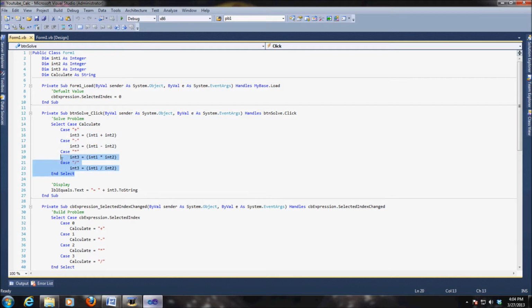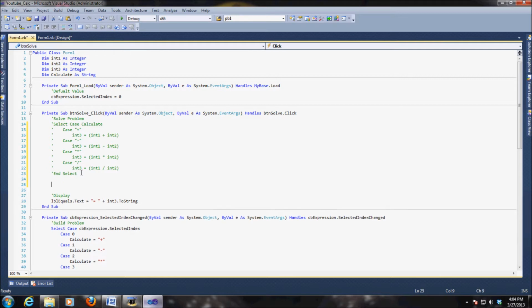The first thing we're going to do is comment all this out temporarily. We're going to go right below it, and we're going to use if statements instead. An if statement is essentially saying if this occurs, do this. So we're going to say if